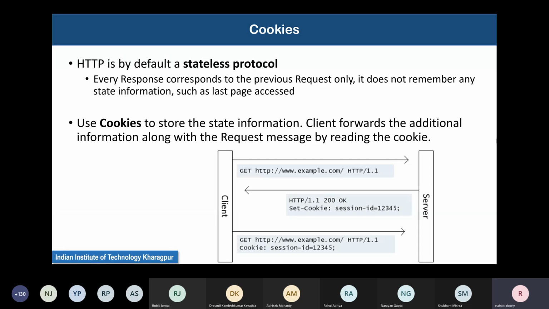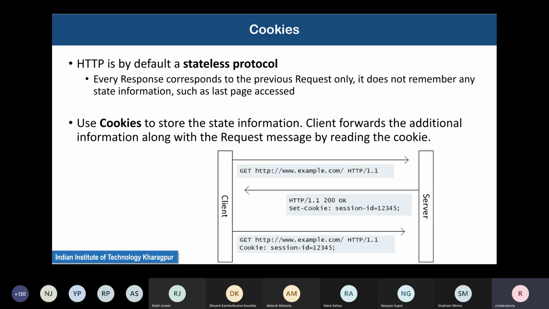Now, when the client makes a request to a server, the server sends back the necessary information, but it also sends a set cookie value in its HTTP packet. The set cookie value is usually a small session ID number like 12345. This is stored on the client side. So your client has to allow this cookie to be set. Usually modern browsers will pop up a message: do you want to set a cookie?